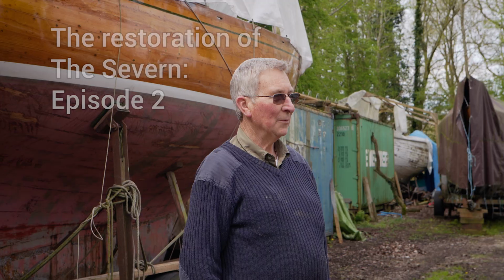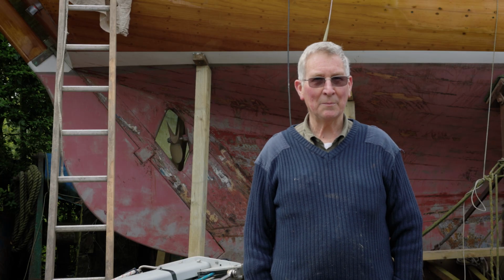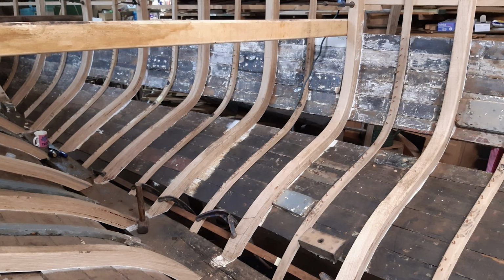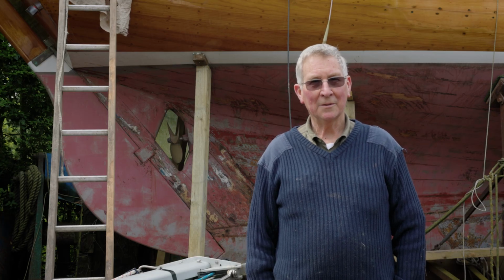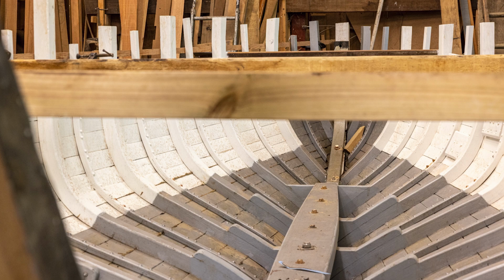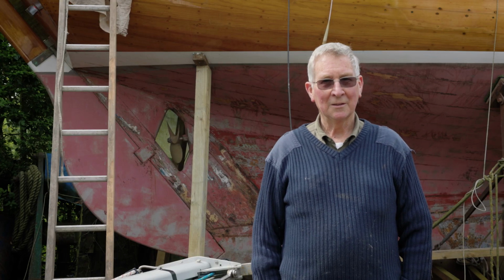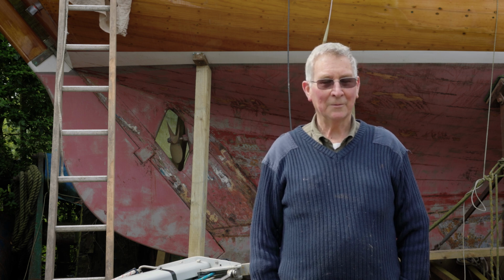Well, in the last 6 months we've renewed all the frames, the sawn frames that were made of oak that were all split. We've made up laminated frames in pairs and fastened them in with bronze screws through the planking. And then the intermediate frames were steamed oak frames, so we've made new oak frames and timbers as we call them, and put them in and put copper nails in and riveted them, whereas before they were only clenched, what we call clenched, where the nail heads are just bent over on the inside,